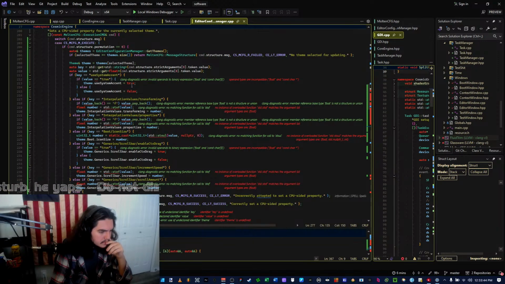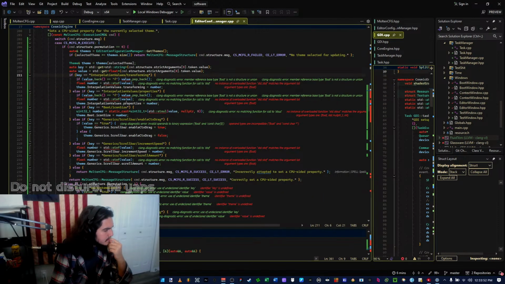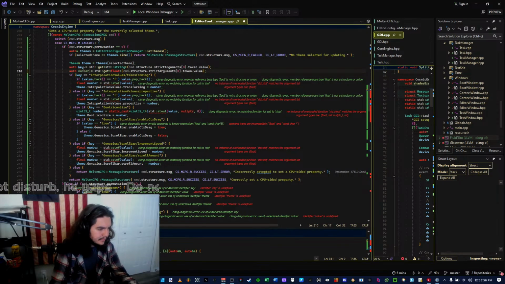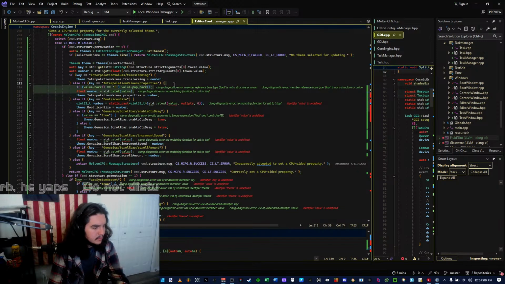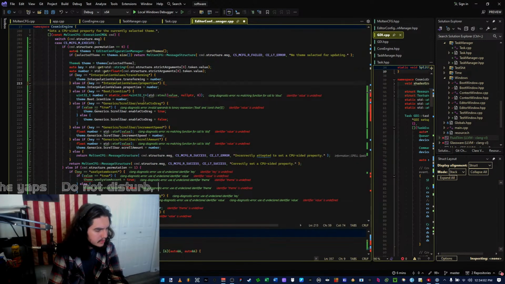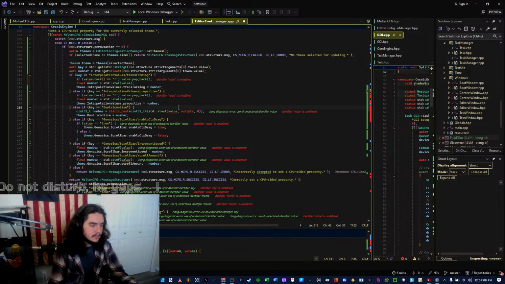Grabbing each. Wow. Oh wait, there's also icon size, which is a UInt.